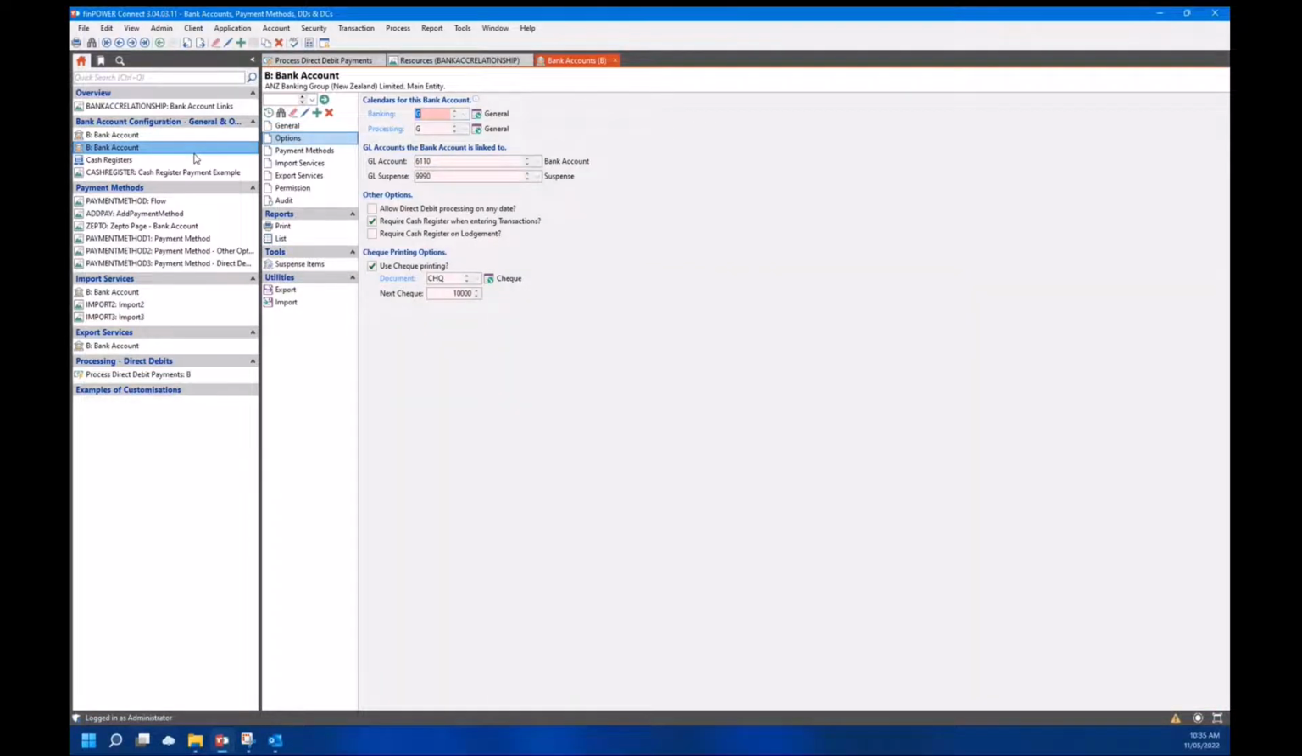On the options page, there is the ability to define the desired calendar for banking and processing. We covered calendars in a previous session, but for distinction, the difference between these two is as follows. The banking covers the days the bank is physically open, and processing covers all the days the bank can process transactions. This can also be overridden by a specific service if required. The GL account and suspense are also linked here for those exporting to the GL, and other options include the ability to allow direct debits to be processed on any date rather than being restricted to the next business day,